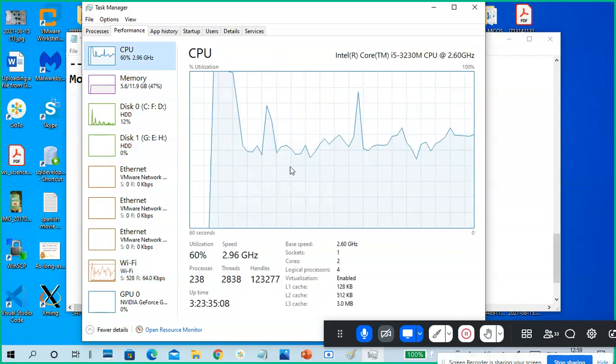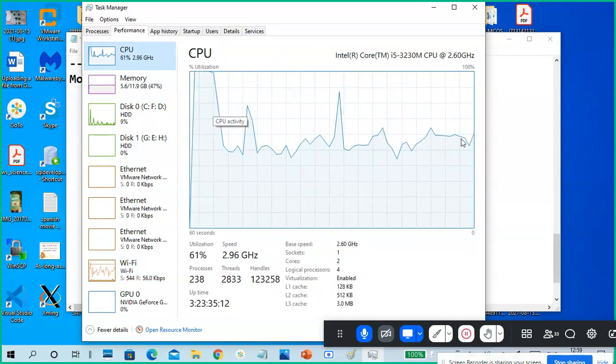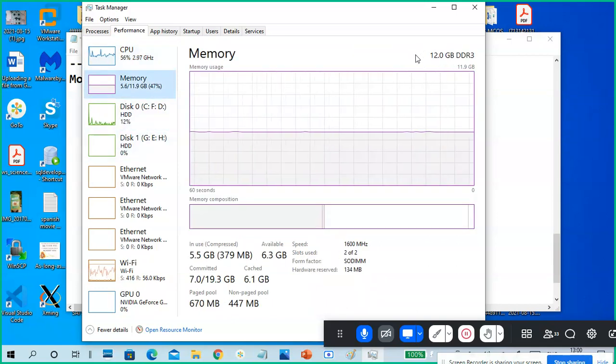Okay, CPU touches 100% and also falls down. Memory: I have 12 GB RAM, and currently it is consuming around 5.5 GB, so I have almost 6.3 GB available out of 12.